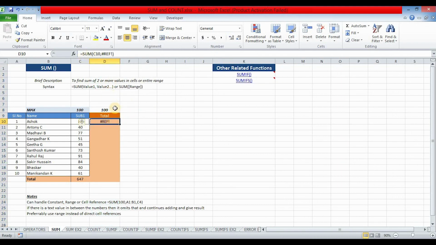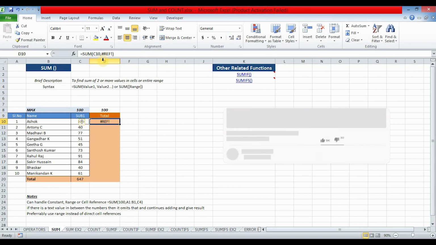So Excel returned me an error and it's showing with an exclamation mark. Moving or deleting cells caused an invalid cell reference, or the function is returning a reference error. In simple terms, the column which was referred while creating the formula is no more there. Either it got deleted or moved to some other place.